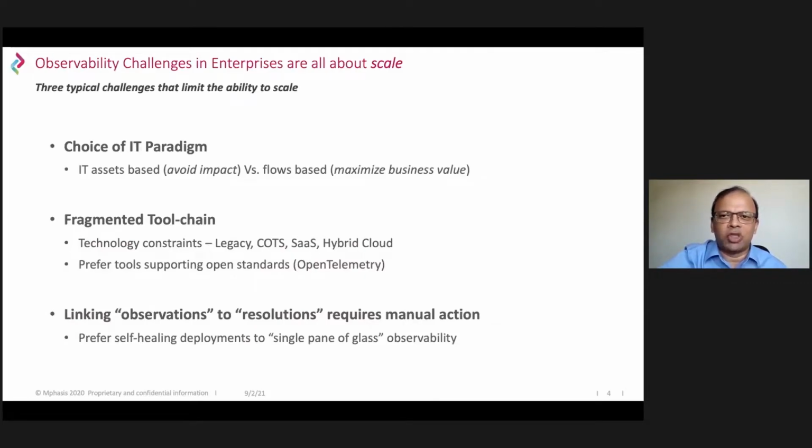So the three challenges that we have seen often, and these are particularly true for most of the organizations that we have worked with, large enterprises in particular. The number one challenge that we see is that the nature of observability solution that we frame is also a result of the choice of paradigm that we use. And what I mean by paradigm is many times the teams in enterprises are very focused on uptime and availability and infrastructure assurance. The point of view they bring is that I've got these hundreds and thousands of workloads that I need to keep up and running.